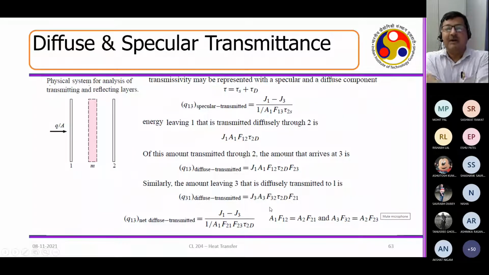I'm just giving you multiple examples here, just to tell you how exactly these surfaces which are coming in the middle are taken into account in the calculation of the emissive power. So suppose you have two surfaces and you put a highly reflecting surface in the middle, that is a radiation shield. If you are putting a permeating surface, why do you want a transmitting surface? You want to see something.